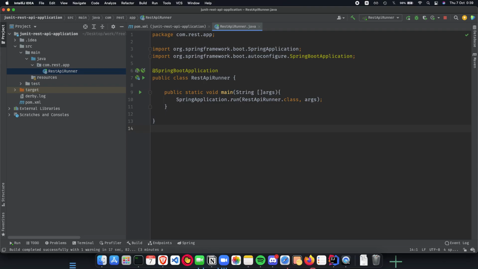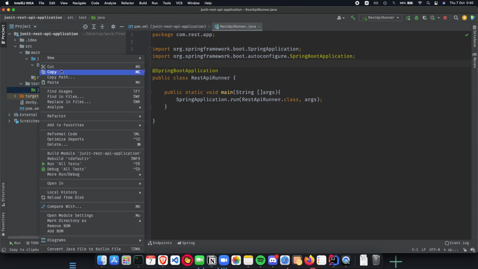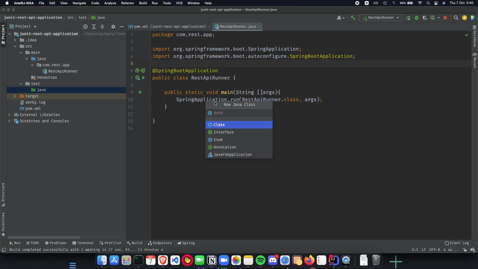JUnit is a popular unit testing framework in the Java ecosystem, and we'll be using JUnit 5. Let's see how all of this works. First, we need to understand some conventions when we are writing tests. We need to write our tests inside the test folder inside Java, and here you need to have a Java class which will have a name. When you are writing a test class, the class name must end with Test so that we know it's a test class. So here let's say JUnitExampleTest,